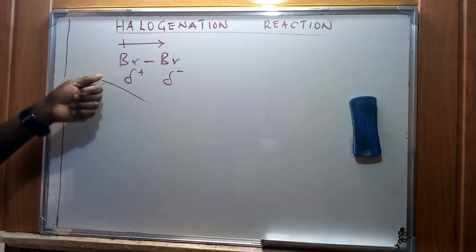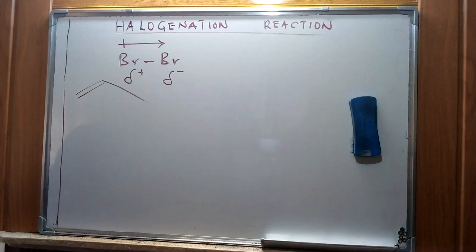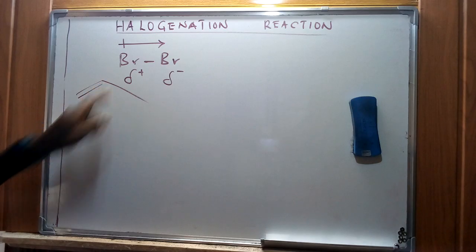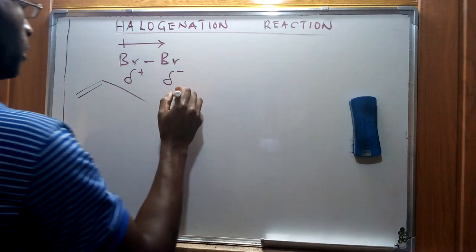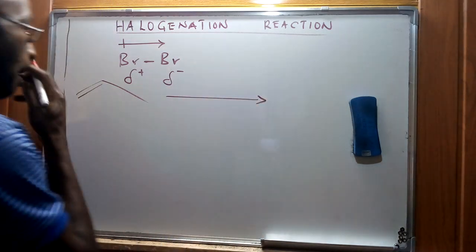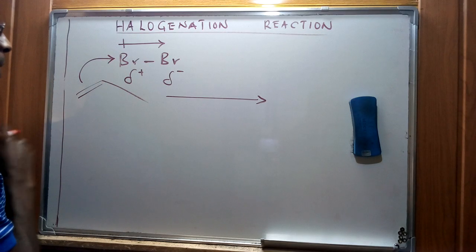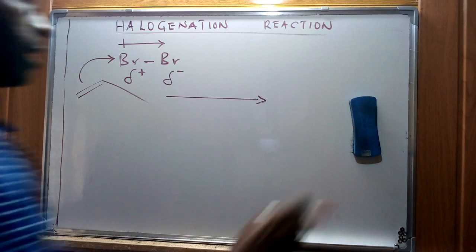This results from the repulsion of electrons from this molecule towards the other end of this bromide part, and therefore this is going to form some kind of an electrophile, which is going to interact with this electron-rich part of the alkene functional group. Therefore, the subsequent reaction is going to be the picking up of that partial positive part of the molecule, and this is going to result in the formation of what we call a